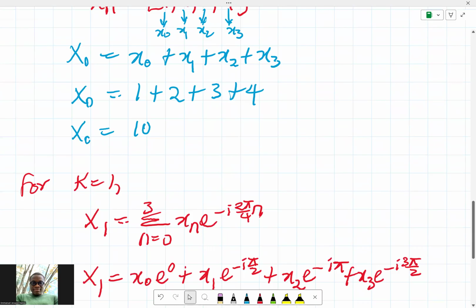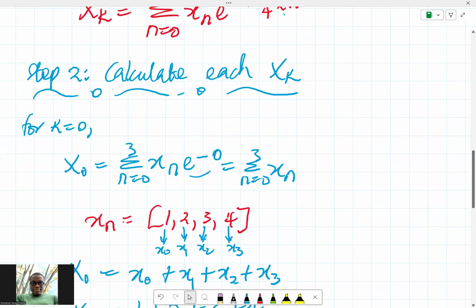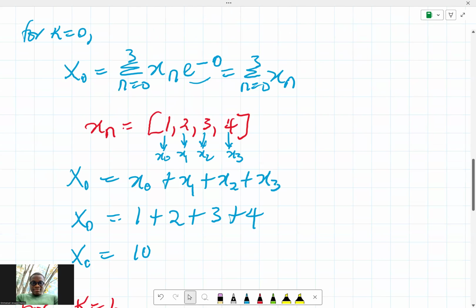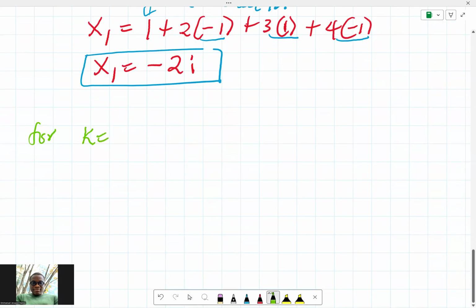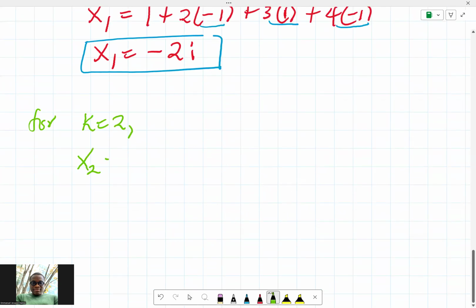So that's, and we want to do this for all the four, right? From 0, 1, 2, 3. So we have done 1. So let's go for k equals 2 now. For k equals 2, we now have x2, which is the summation